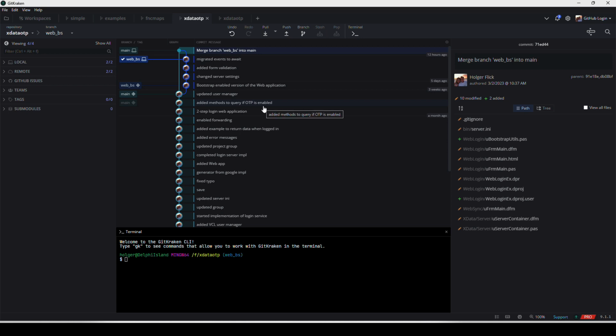However, and this is where this GitKraken client is so great, and I'm quite sure other clients have a similar view on things. But the main thing to see here is, where are you? And if you go to your local repository, this is what you have on your disk. You see that I have two branches right now, the web.bs and the main.